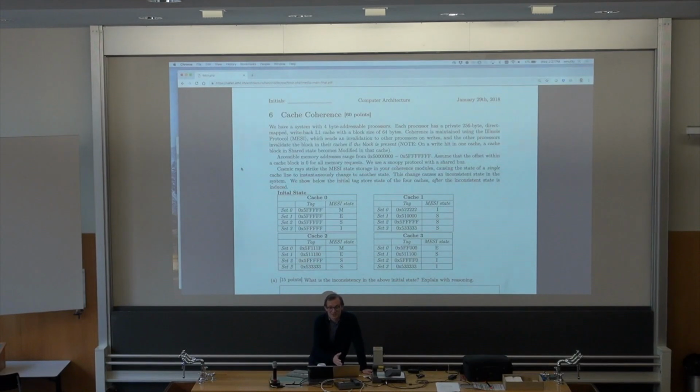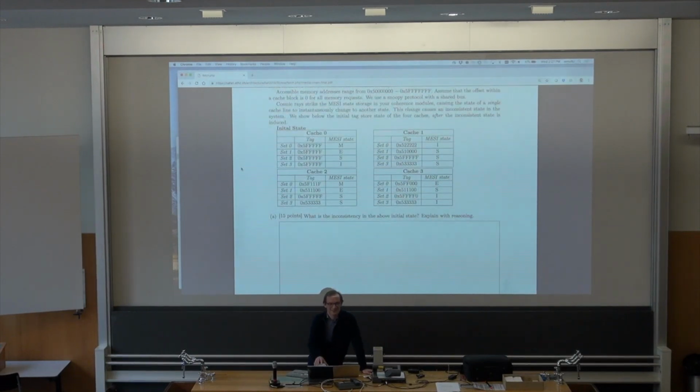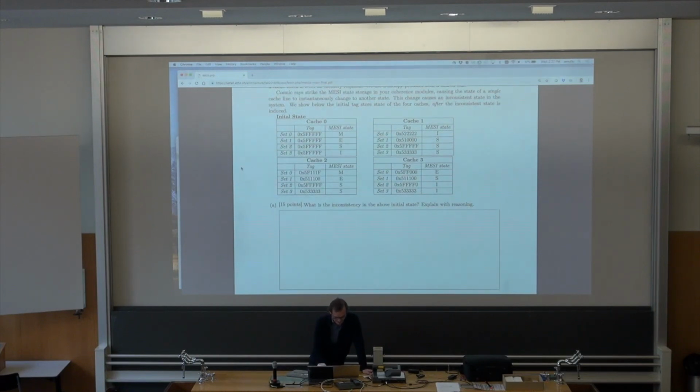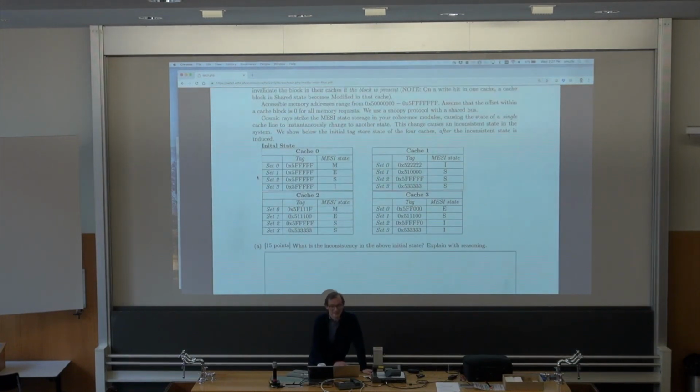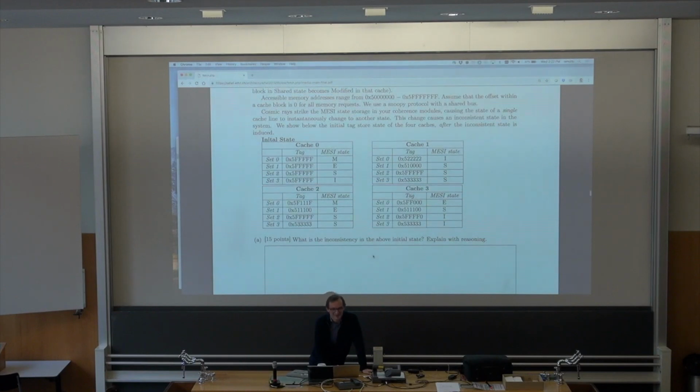There's a good cache coherence question, for example, here. Here I was a bit confused because I think it should also be possible that the cache 2 to set 1 could also switch from invalid to exclusive. Okay, I haven't looked at this question in a while. So you think there's another way of answering the first question, what is the inconsistency? I thought it could be possible that one is shared, one is invalid, and there could also be a valid state to begin with, and then it could switch from invalid to exclusive. So in the MESI protocol,